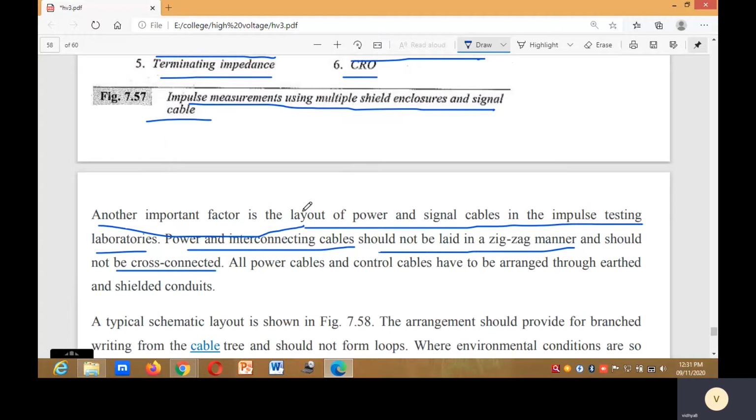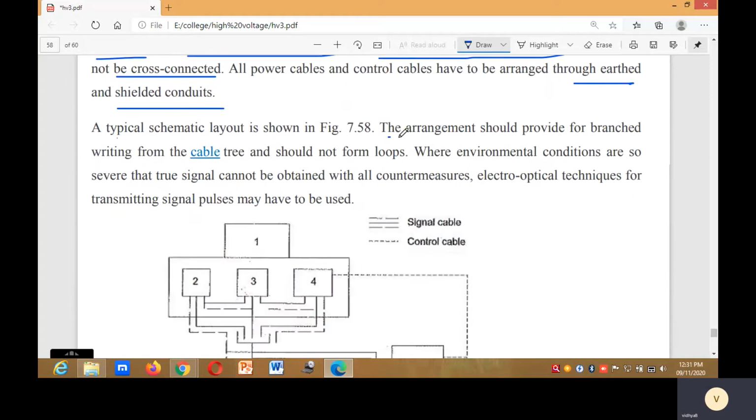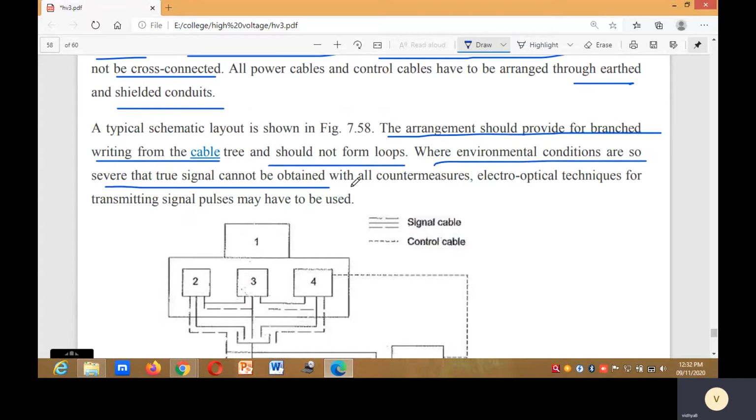Okay. Power cables and control cables have to be arranged through earthed and shielded conduits or connections. The arrangement should provide for branched wiring from the cable tree and should not form loops where environmental conditions are so severe that the true signal cannot be